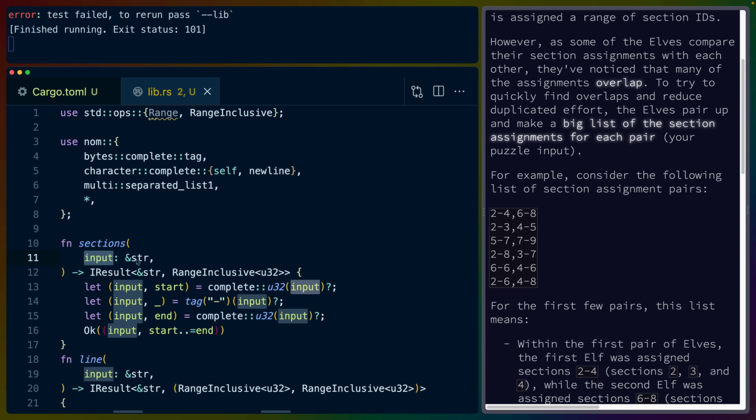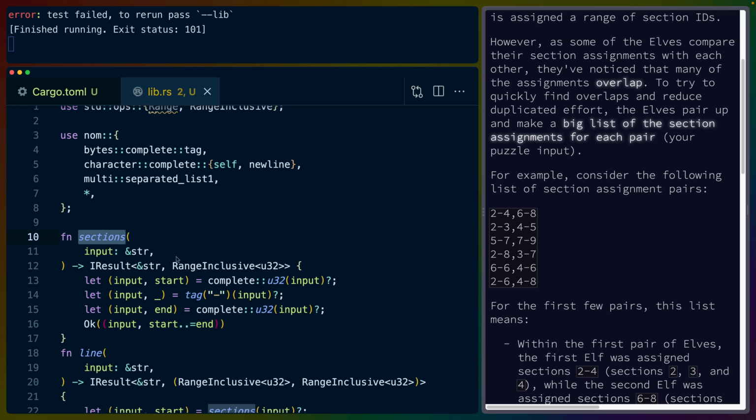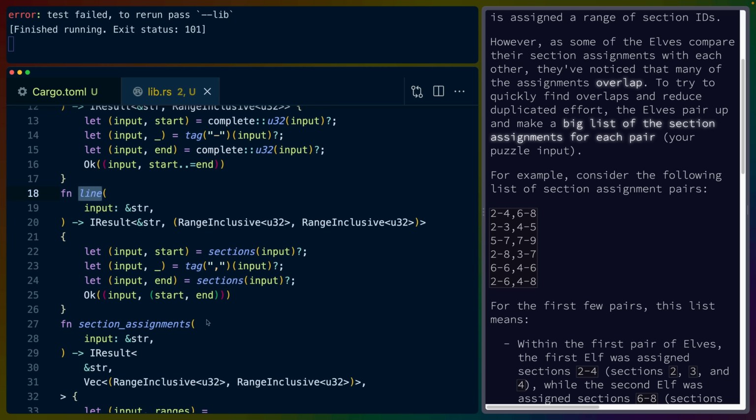We pass in the input as a string slice. It returns us a result with the input, or the rest of the input, which is the rest of the string slice, as well as a range inclusive that we've parsed out. We use the U32 parser from the complete module. We handle the error with the question mark, which goes into the I result if it errors out. We pass the input. We get the rest of the input plus the value that we parsed out. And we do it over and over. And then we get to return the rest of the input that is left, plus whatever struct that we wanted to construct here. So sections gives us a range, line gives us both of the ranges,